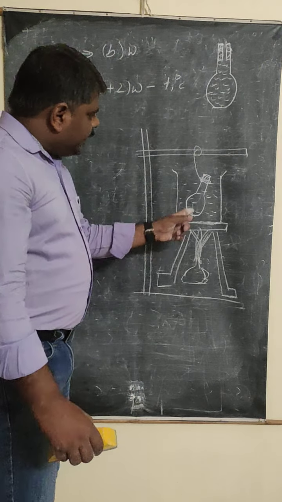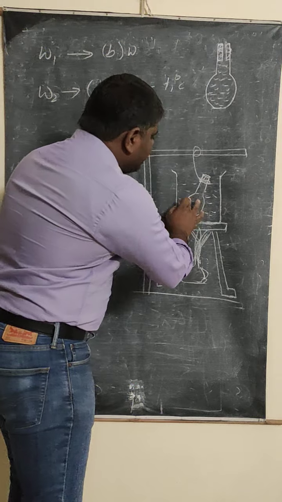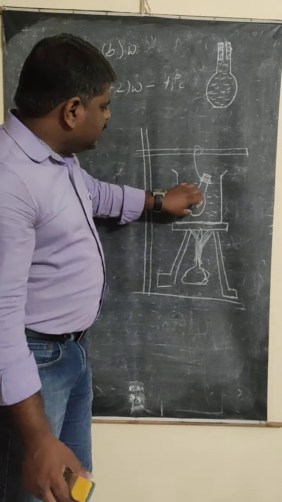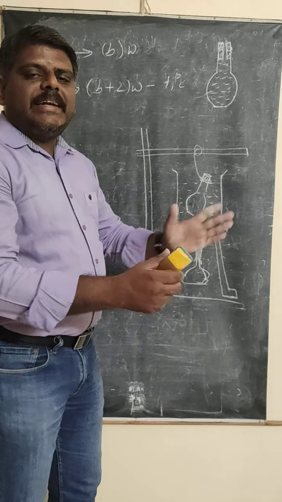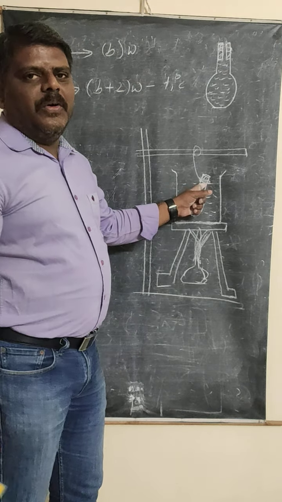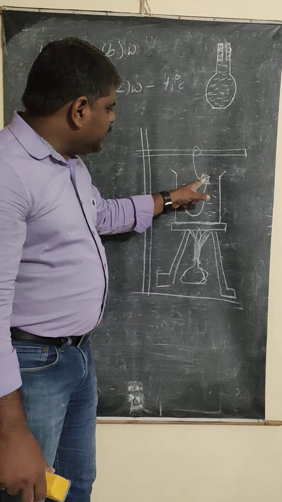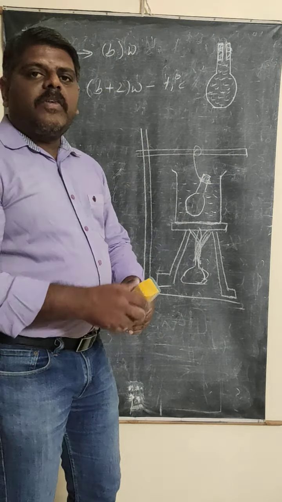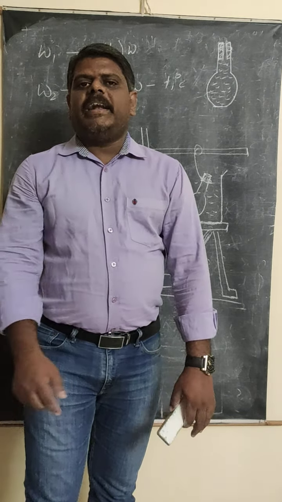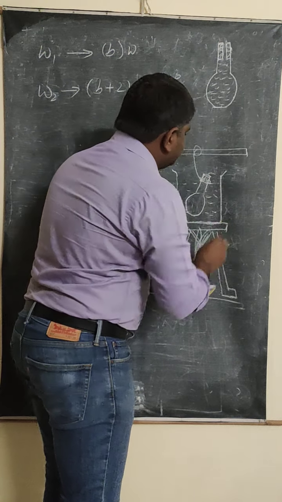Now, listen very carefully. What is going to happen here? The liquid inside the specific gravity bottle will take the heat energy and start expanding. But is there any space inside the specific gravity bottle to expand? No. So that's why a small hole is provided in the specific gravity bottle, or the rubber cork. From that small hole, the expanded liquid will overflow. That means some of the liquid is going to overflow.